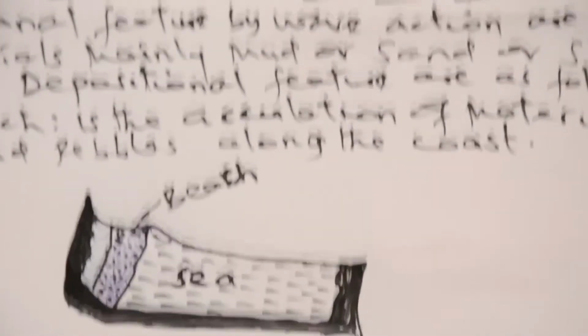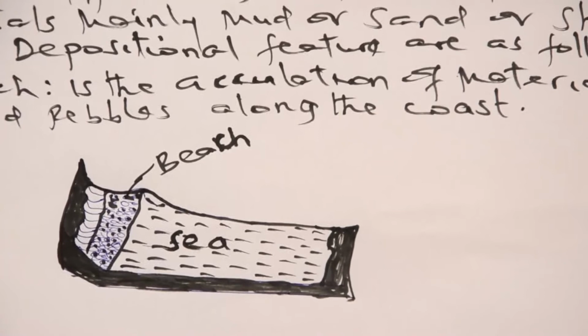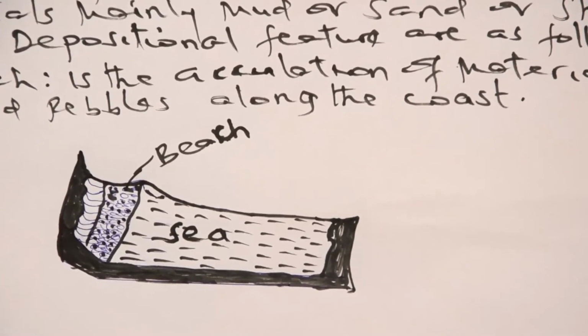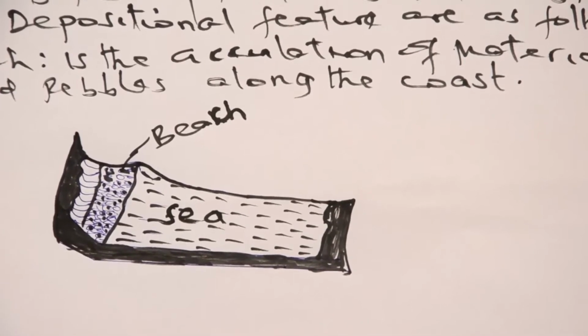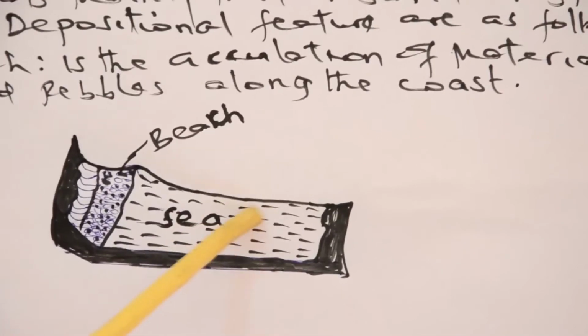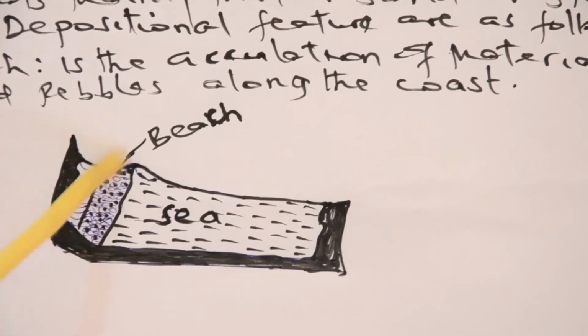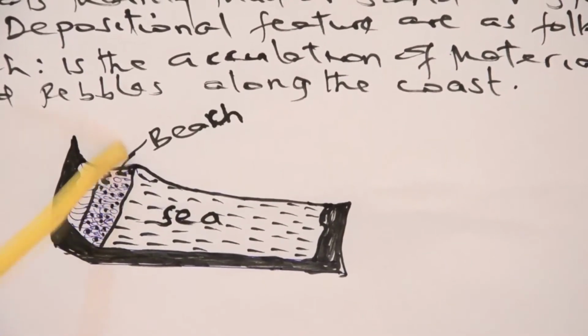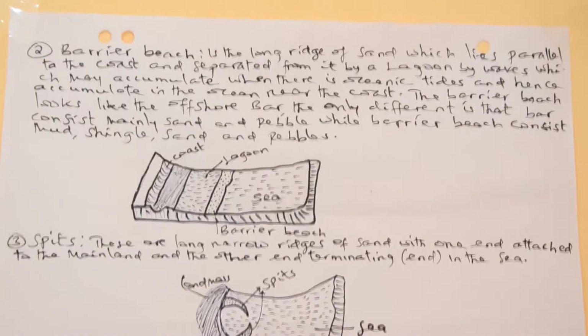This material can be smallest in nature, for instance in terms of sands, or in terms of shingle or pebbles. Pebbles, shingle, mud, and sand differ in terms of size. There are some beaches which are deposited with stones or gravels. Therefore, it just depends where it is brought from.